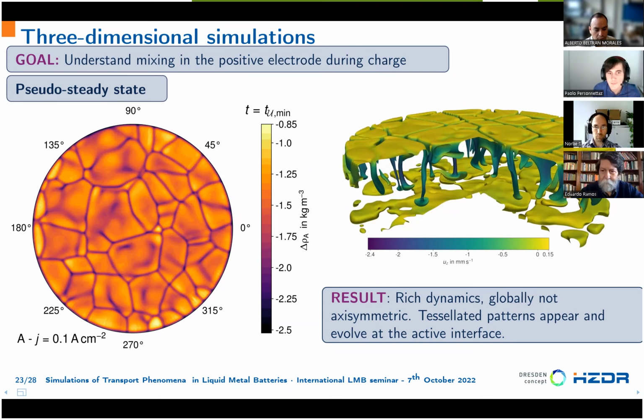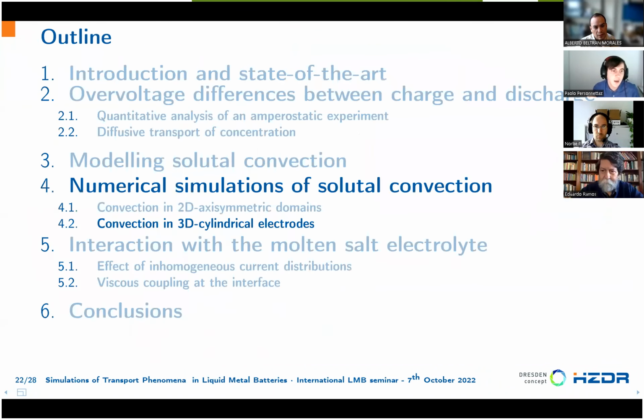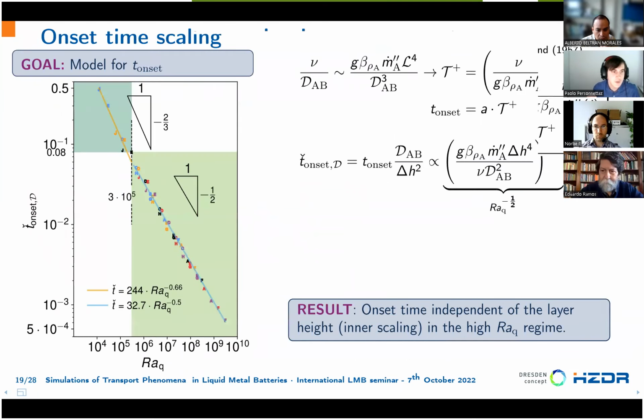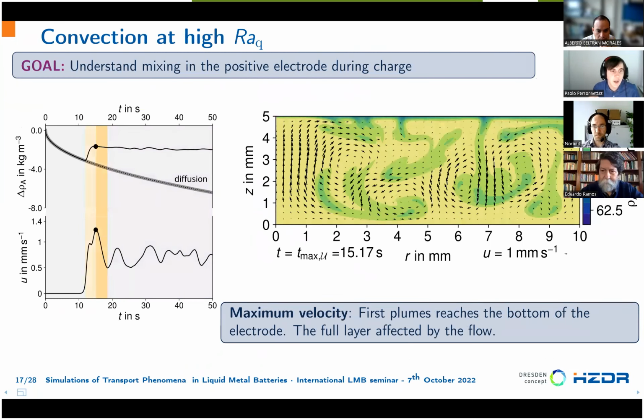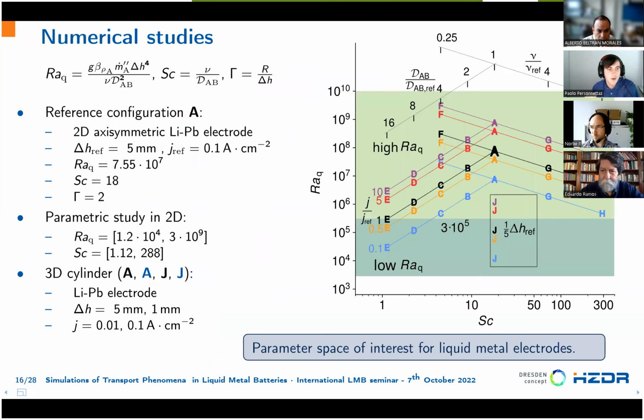More questions? For the experimental prototypes, what are the expected Rayleigh numbers based on these definitions for the solutal convection? Do you have some idea? So the expected Rayleigh number is in the order of 10 to the 7, I would say. But I have to stress that this Rayleigh number, 10 to the 7, 10 to the 8, is difficult to compare with the Rayleigh number computed for Rayleigh-Benard convection, because